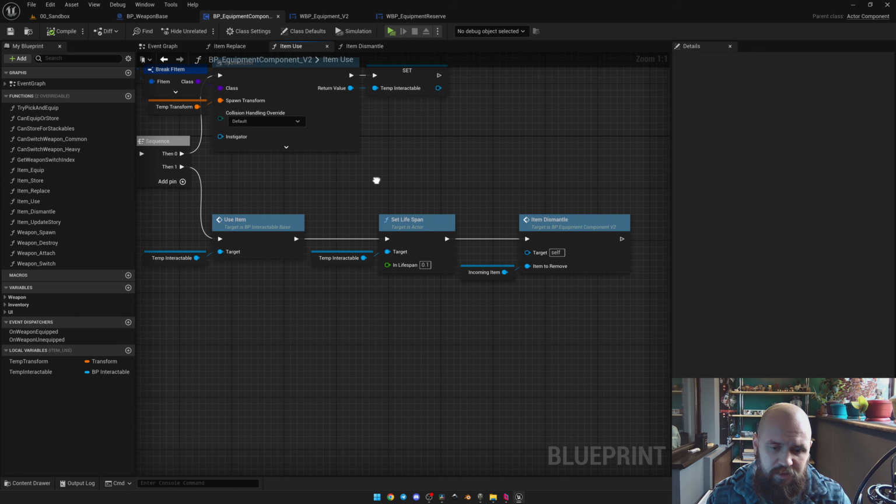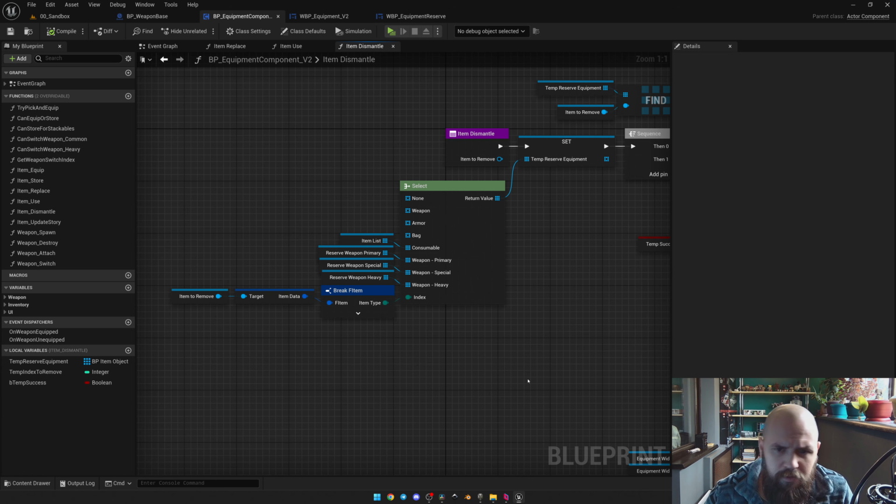Once I've done this, then I need to manage the temporal interactable lifetime. And the best way is to use the set lifespan, because this one won't return any error. Then I use item dismantle on this. We need to use this function in case we don't have any space in our inventory or inside our reserve in the equipment. So we use item to remove to understand what type of item it should be referenced to based on the item type